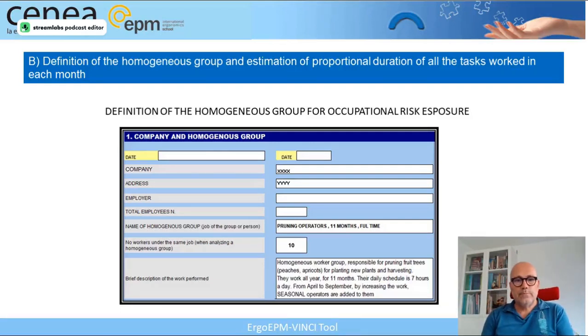Step 2 is to define and identify the homogeneous exposure group. What is a homogeneous exposure group? It is a group of people who are exposed to the different risks in the same way and therefore, at the end of the work shift, at the end of the work week, at the end of the month and at the end of the year,